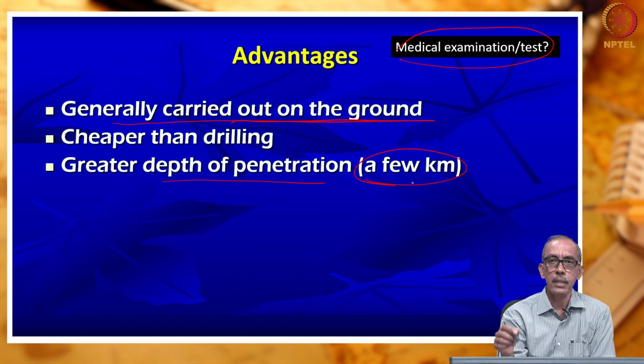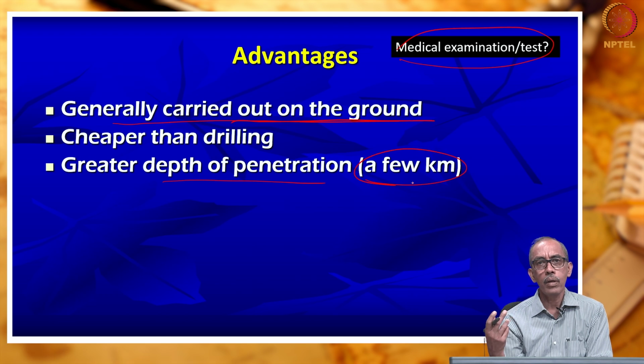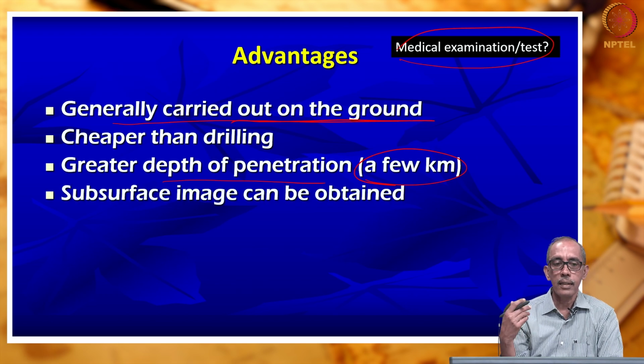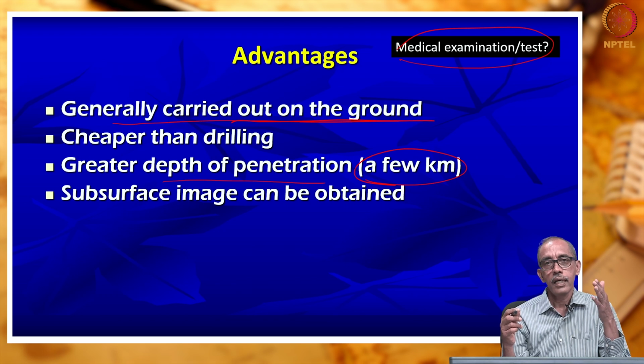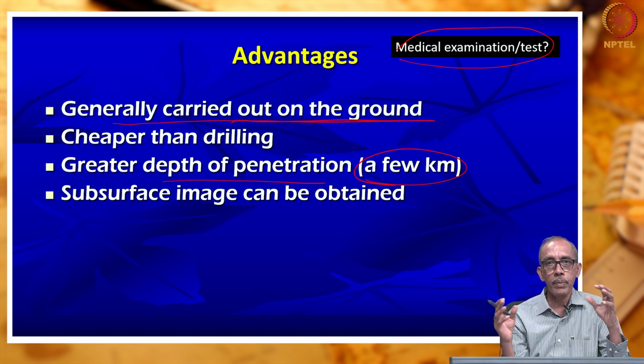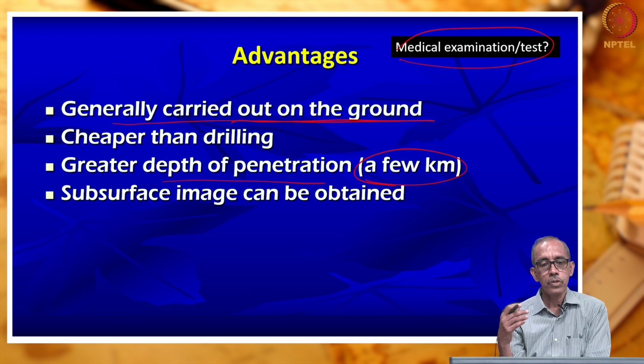Up to a few kilometers, about 6-7 kilometers of depth, can be scanned by geophysical investigation tools. So that is another advantage. Also, similar to an image which I showed you on the previous slide, we literally get an image of the subsurface, right? That image may be due to different signals, for example electrical signals or seismic waves. So we get different images based on the physical field which we choose.